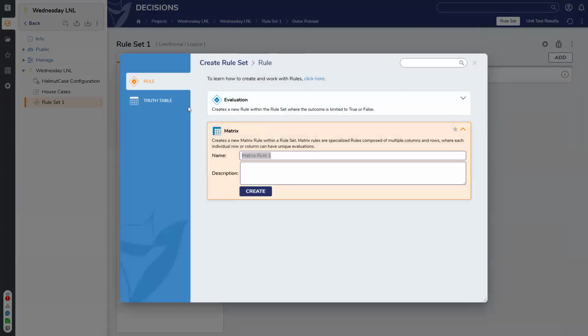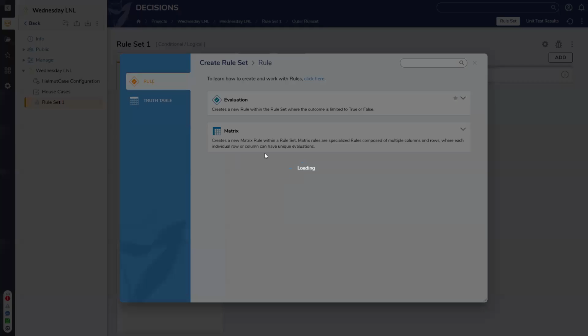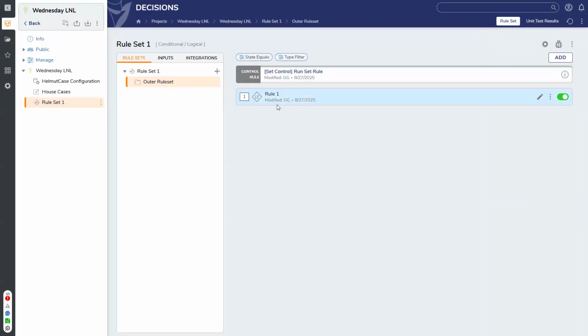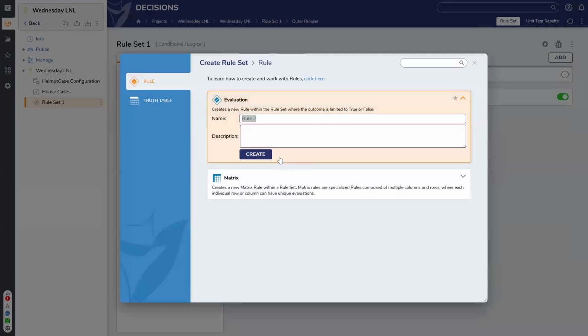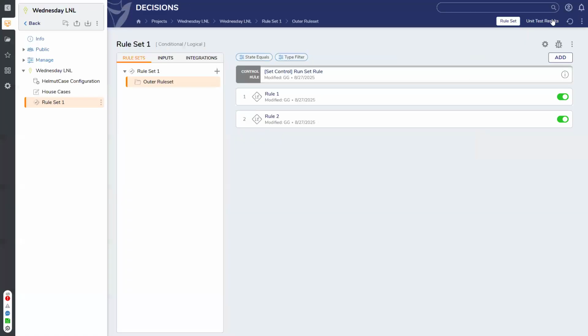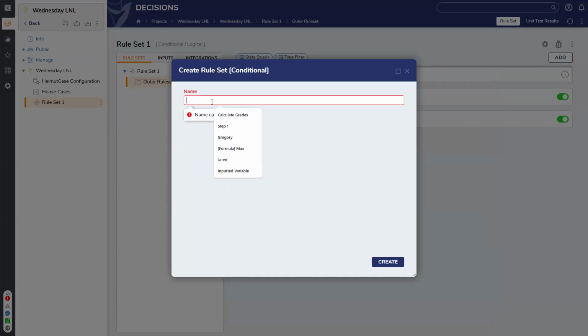So I can add another evaluation rule in here. I'm not going to add logic right now, but then I can add another one, evaluation rule 2. And this would mean that if this is true, run these other rules, right? If it's not true, then we're going to create